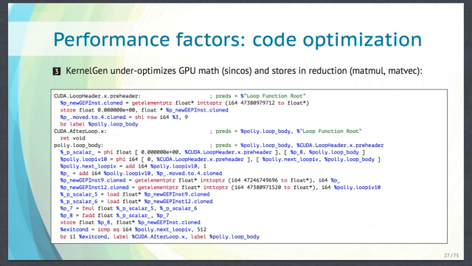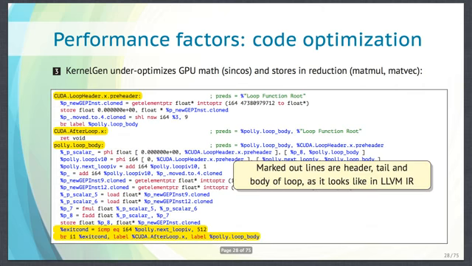So here is the LLVM for MATVEC, and the key property of MATVEC and matrix multiplication as they are implemented in our test suite is that they are using reduction. Reduction means you have an accumulating variable which receives contribution from every iteration of some kind of loop. So here is this loop, the header, the footer, the body, and the go-to condition